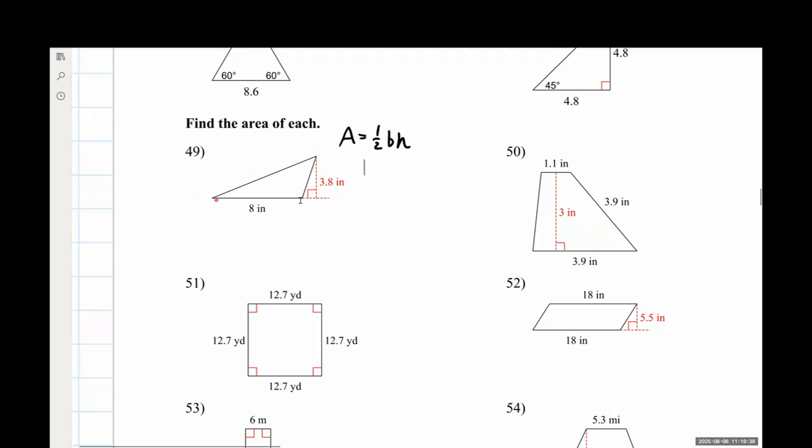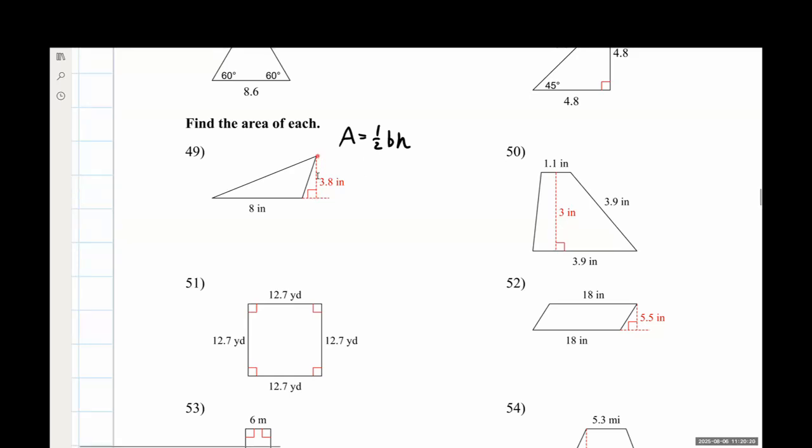I'm looking at this, and again, I'm looking for where my base is and where my height is. As I gave you guys the hint, be on the lookout for where the right angle shows up to tell you about the height of something. Now, this right angle shows up outside of the triangle. That's fine. This vertical line still denotes the height of this thing. So for what I'm going to plug into my equation, this 3.8 is going to be plugged in for the height. Now I have some dashed parts that are out here. The dashed parts we assume are just placeholder things. They are not actual values of the entire triangle itself.